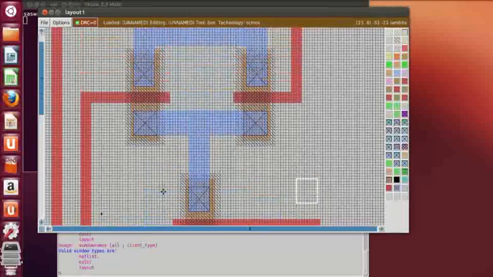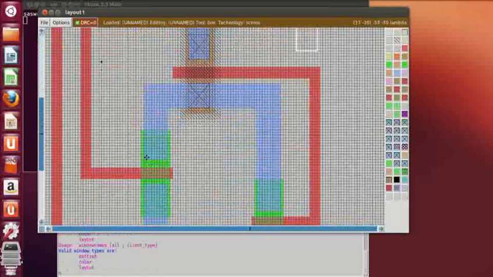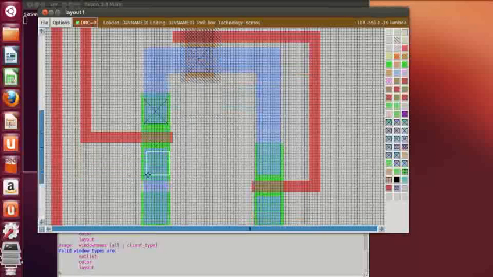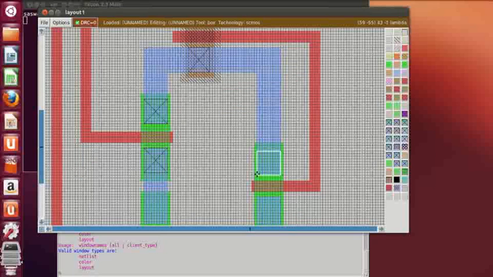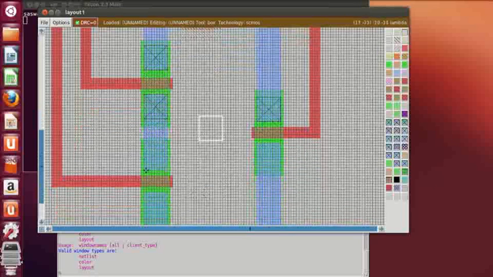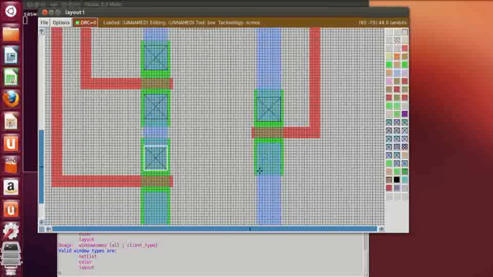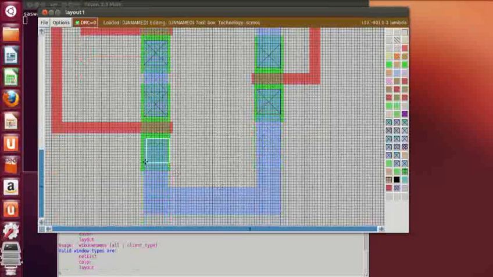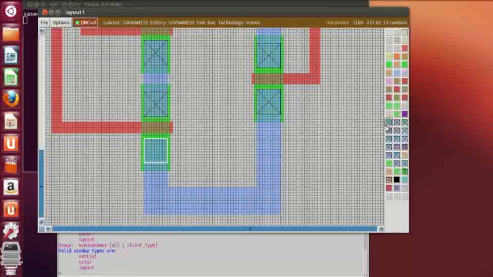Okay, after placing the PD contact, we have to place the ND contact. So select the area, then middle click on ND contact. Then middle click on ND contact, and over here. Okay,